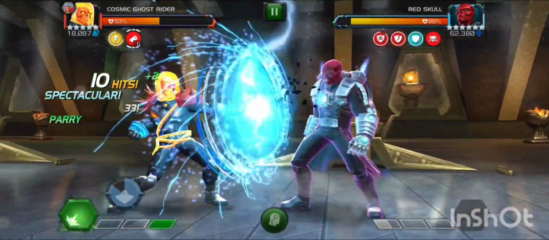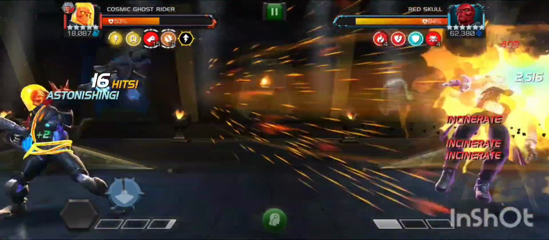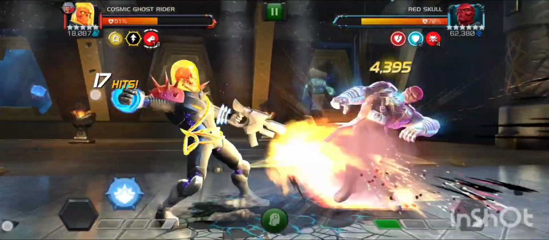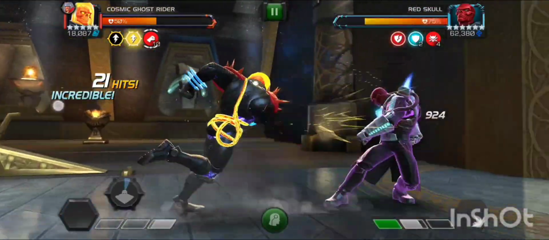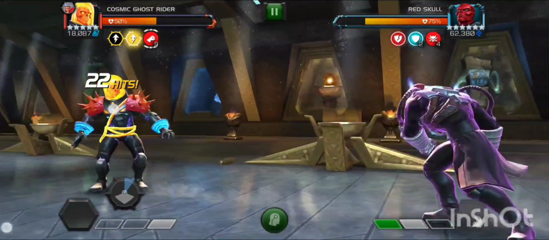So yeah, it was quite tricky for me to use CG against the Red Skull. I bring CGR because of his armor break, and I want to use it to break these armors, but the plan didn't go well,